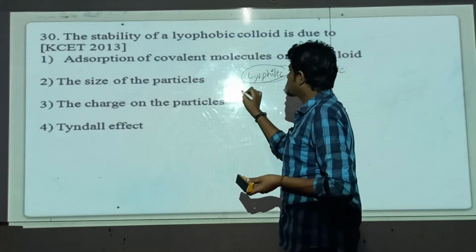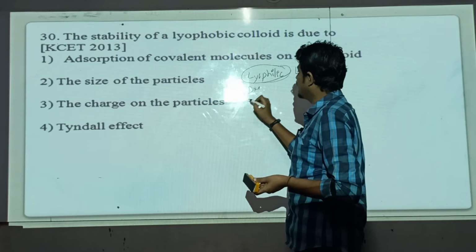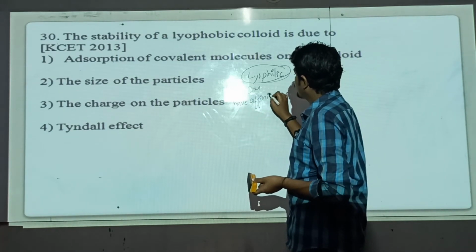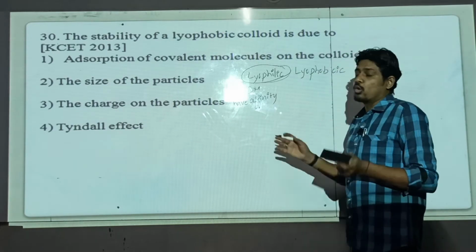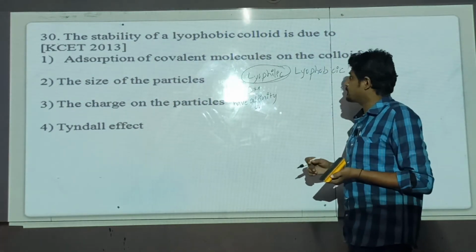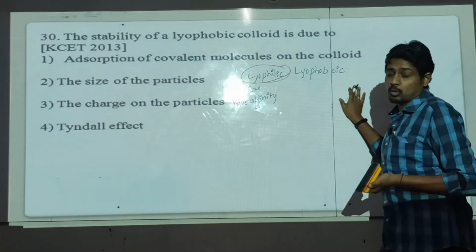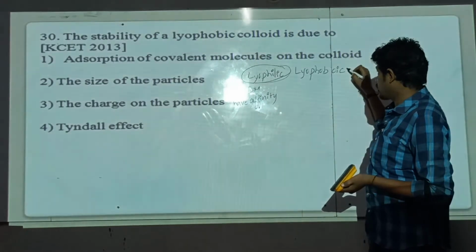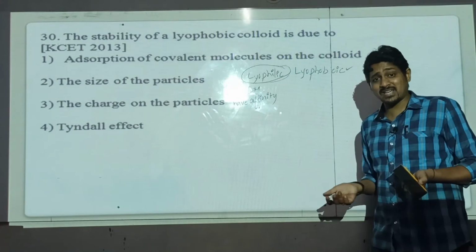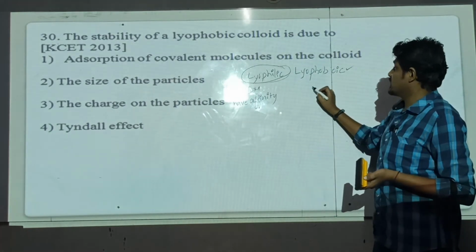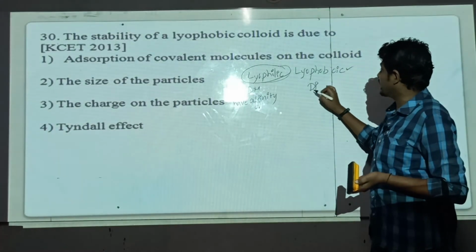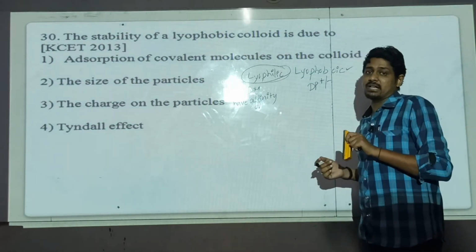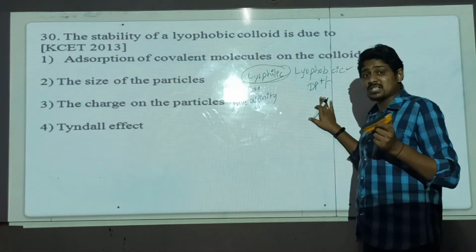Because the dispersed phase and dispersion medium have affinity, meaning both have affinity towards each other. Here it is opposite. Both have a hating nature towards one another. But still lyophobic colloids are there. Why? Because here the dispersed phase has some charge on it, either positive charge or negative charge. Due to the presence of the charge,